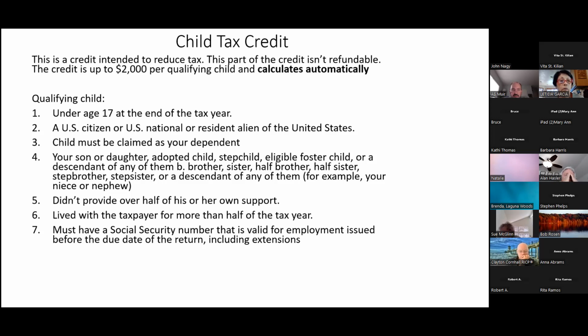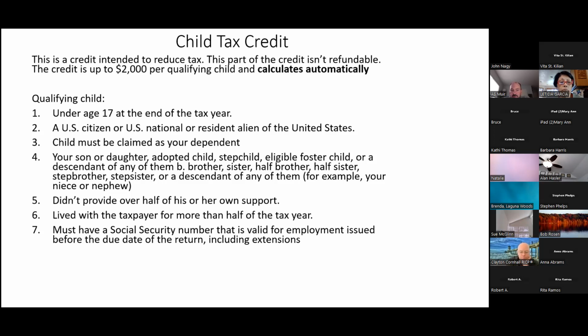And then the qualifying child under age 17, they can't provide more than half of their own support. Typically, when you're talking about someone under 17, usually they're not providing any of their support. But every once in a while, you'll bump into a young person, and they are providing more than half of their support. Maybe they're working. I've seen 16-year-olds making more than their 45-year-old parents. And so again, you have to ask about support. And then another rule, they have to live with the taxpayer more than half of the year. And of course, that would be about 183 days, something like that.